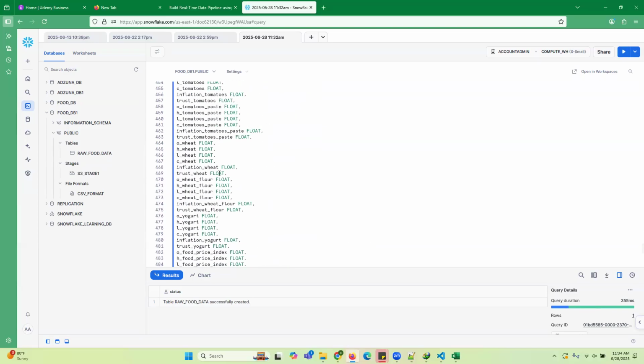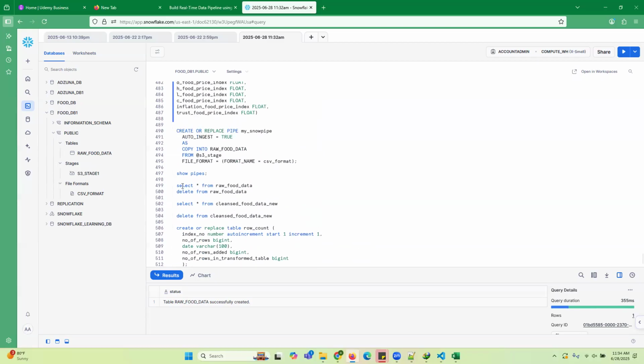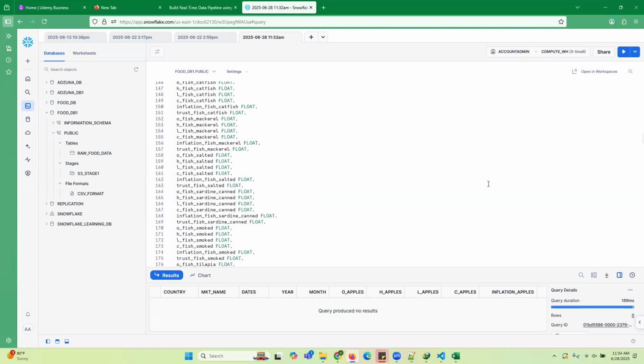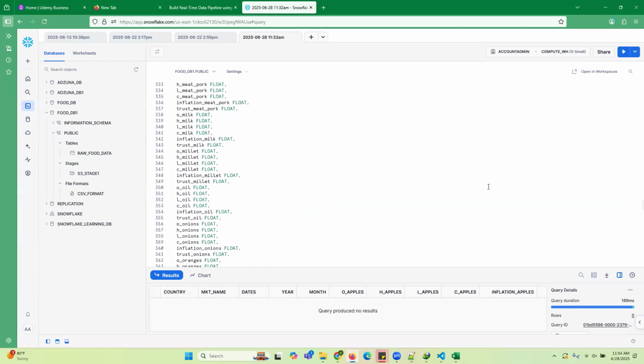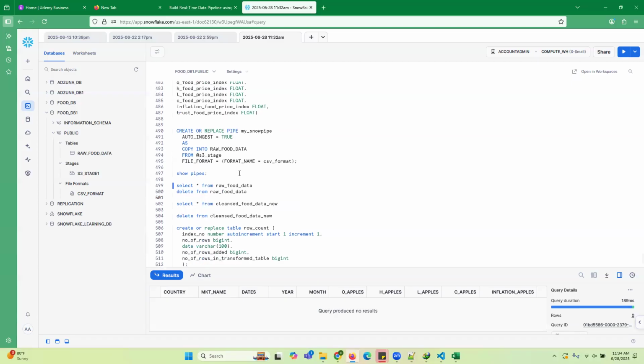Okay, let's try this. Okay. So now select star from output data. So if this S3 bucket has the data, then why is it not taking? Oh, okay, I have to... Okay, I have to create a Snowpipe. Other way is